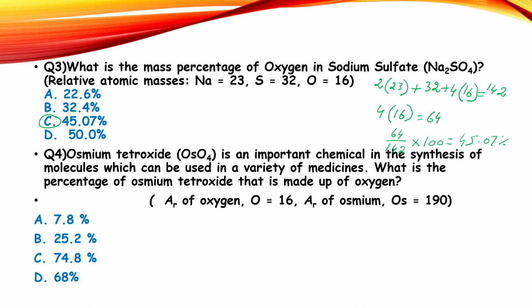Relative atomic mass of osmium in grams is 190, and in the formula we can see there are 4 atoms of oxygen, so we'll multiply 16 with 4 and the total comes out to be